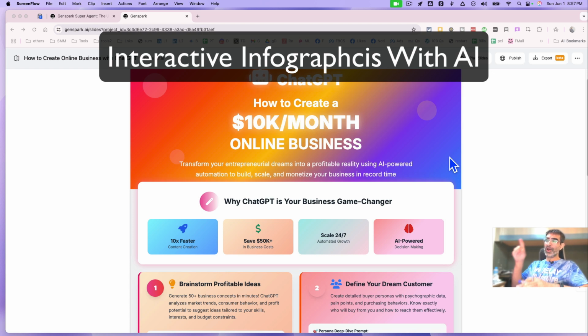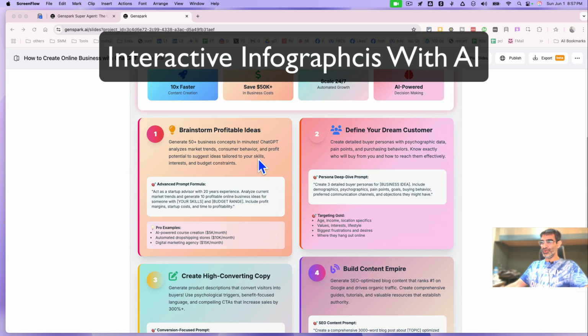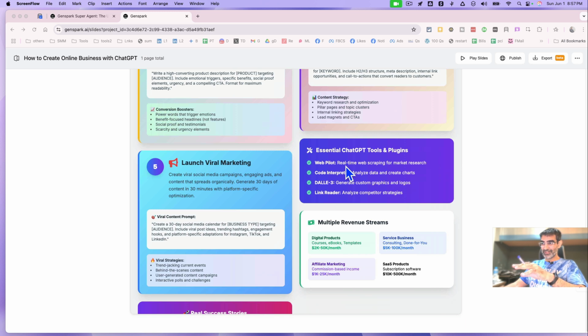In this video, we're going to talk about how you can create interactive, beautiful infographics like this with AI in